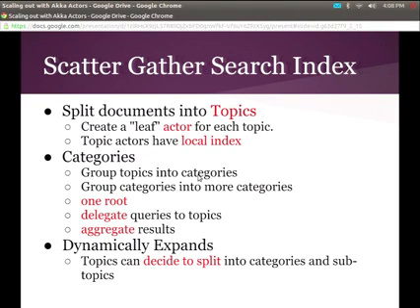All right? Categories are basically groups of topics. It's an actor that sits above them. When he gets a search message, he sends new search messages down to the underlying actors and asks for their results. When he gets the response, he aggregates them together in some manner so that the most important results are at the top.